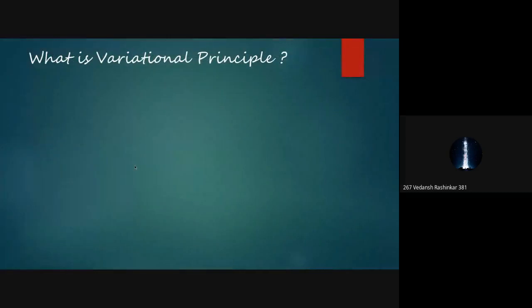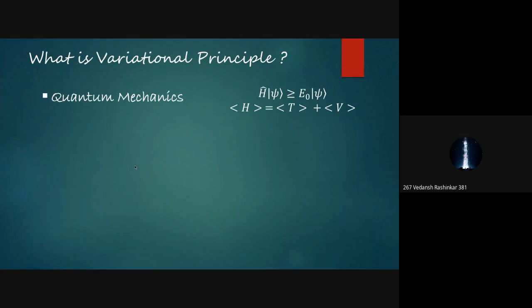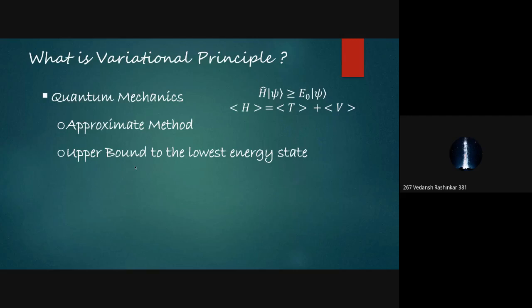What is basically the variational principle? In the field of quantum mechanics, the variational principle states that the ground state energy is always less than or equal to the expectation value of the Hamiltonian calculated with the trial wave function. This method involves finding an approximation to the lowest energy eigenstate, or the ground state. It consists of choosing trial wave functions, also known as ansatz wave functions. These are a scientifically fancier way of saying that it's a guess, just a more calculated guess of the wave function.